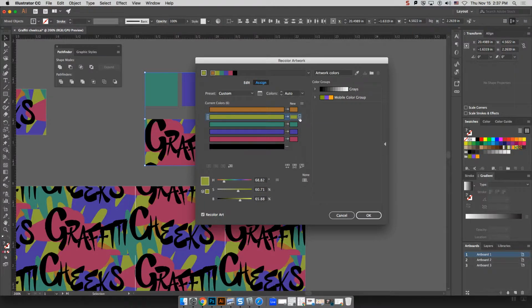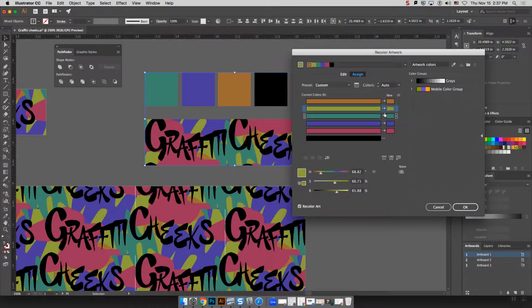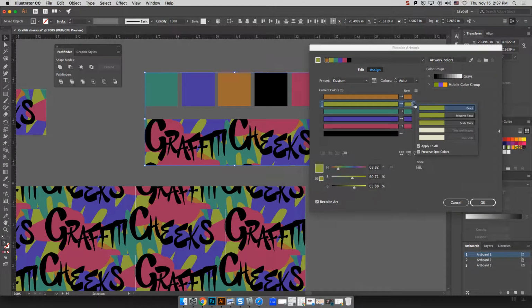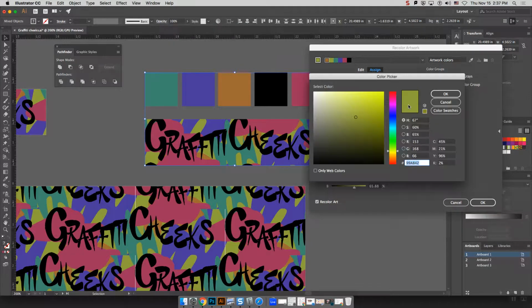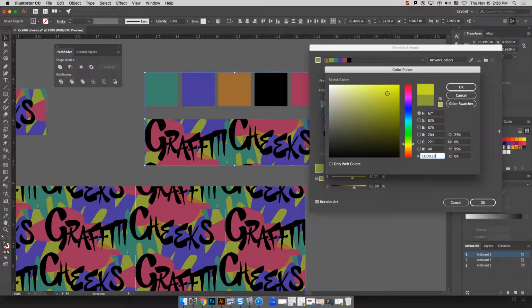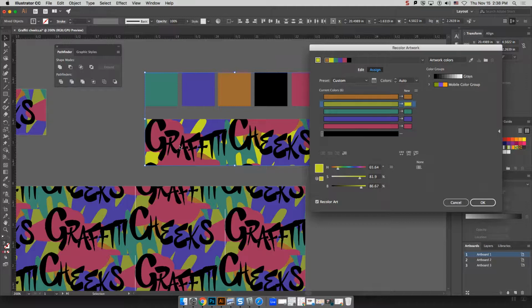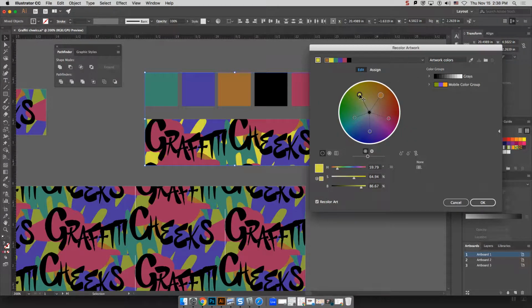This doesn't work, we want to be able to just change the color entirely. If you leave it on scale tints or preserve tints, it tries to keep the tone of the artwork, and that's not super important to us. So we can either just double click on these swatches and then everything in that color would change, or coming over to edit,